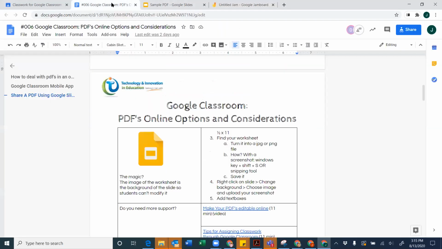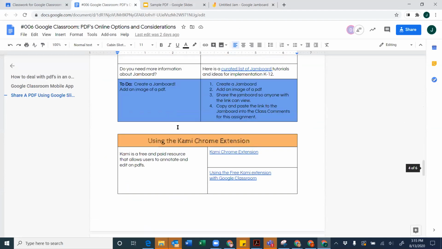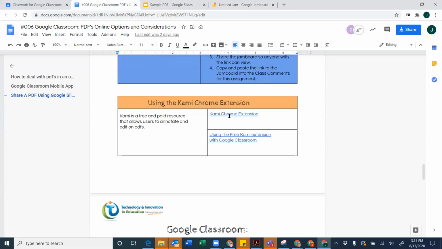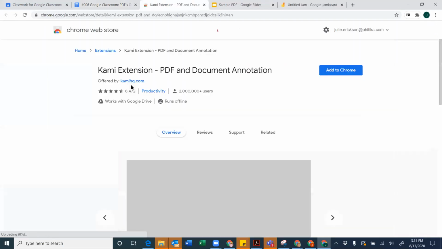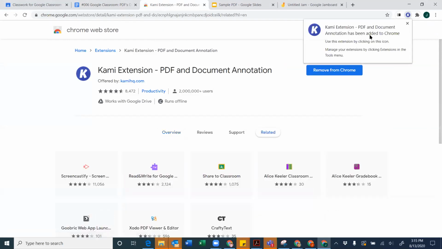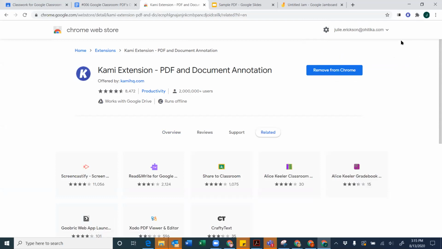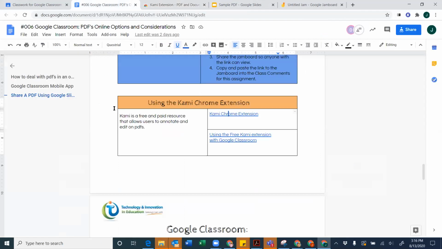So the last thing that we can do, so we've done the Jamboard, is the Cami Chrome extension. And so if I add the Cami Chrome extension on, what's it going to tell me? Yes, yes. Okay. I'm going to click on my puzzle so I can pin it so I always see it. All right, so now what I'm going to do is attach a PDF